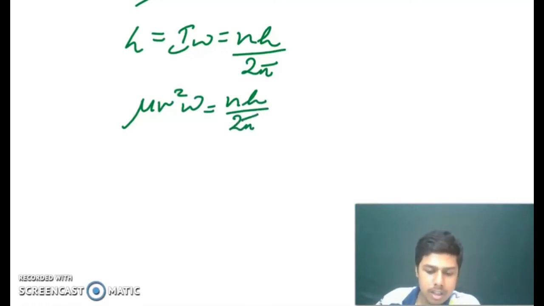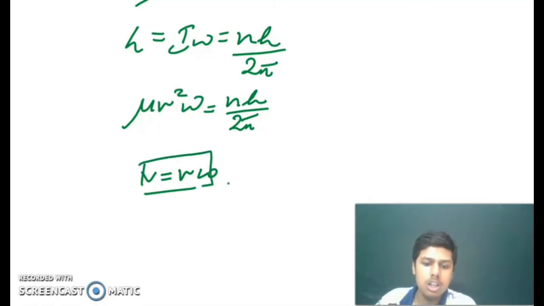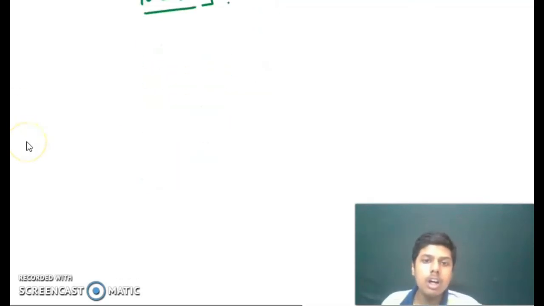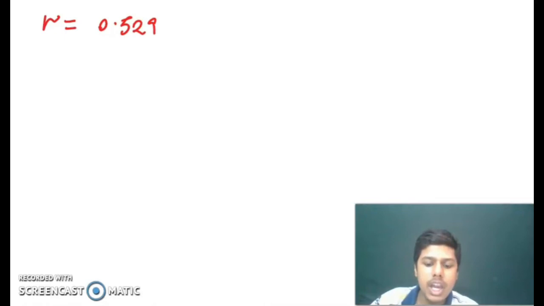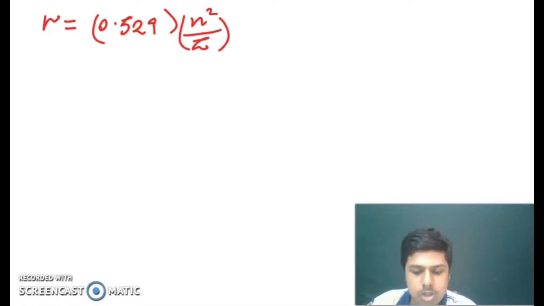Now, from here we can derive V is equal to, as you know, the equation V is equal to R into omega. So now, if we consider the motion of the nucleus, the new formula of radius and the new formula of energy: the radius is 0.529 into n square by Z, but there is a change